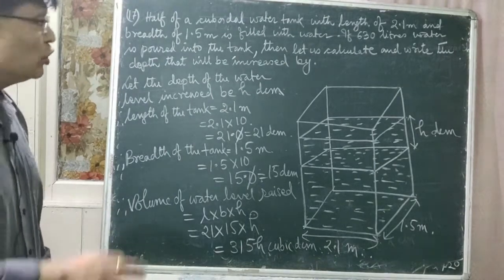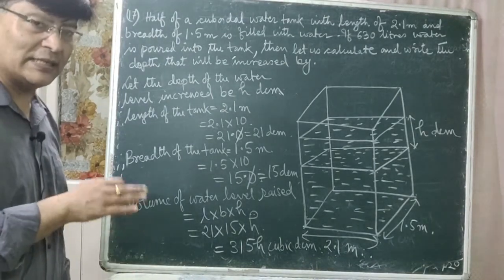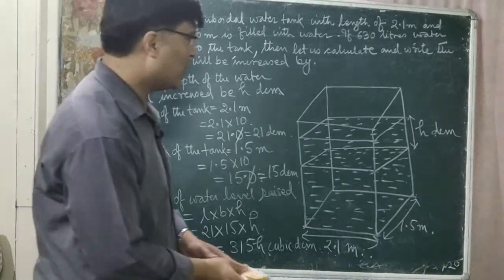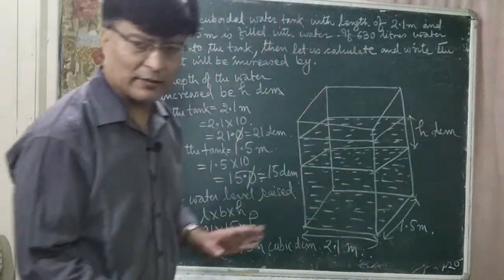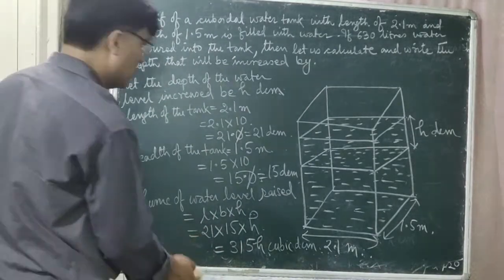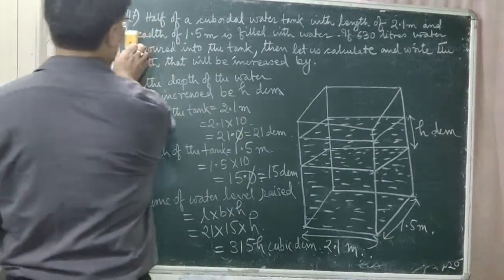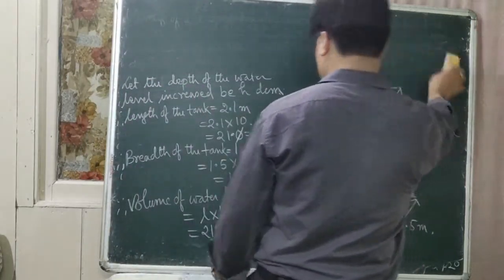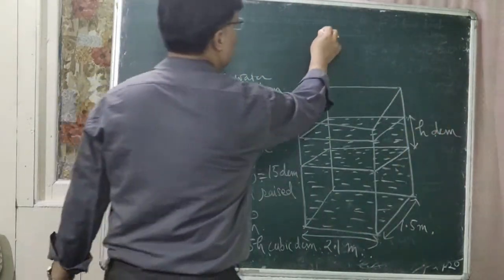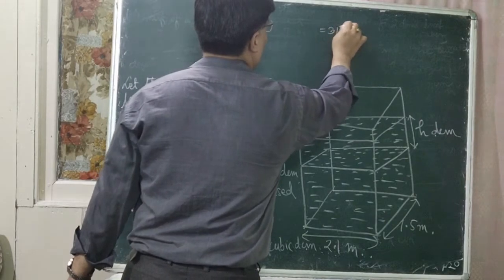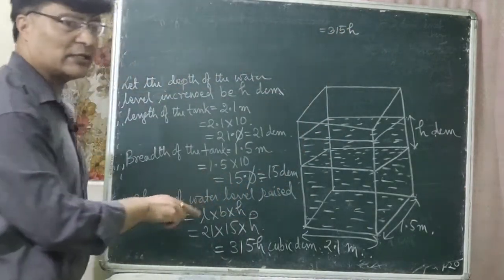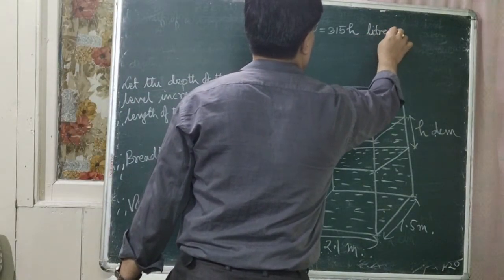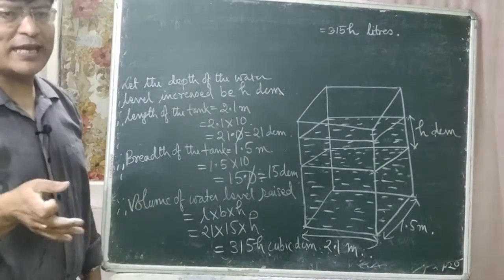Is that clear? Cubic decimeter means it is the liter, cubic decimeter भनेको नै liter. Is that understood? So I think you have understood this figure. So now in the next step let us write here, now which is equal to 315H cubic decimeter भनेको नि लिटर्स हो। क्युबिक डेसिमिटर भनेको नि के हो, लिटर्स।